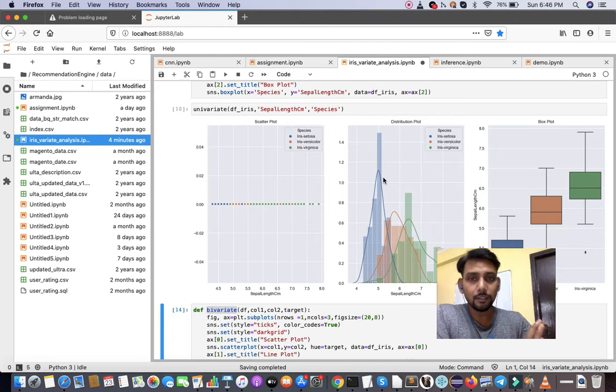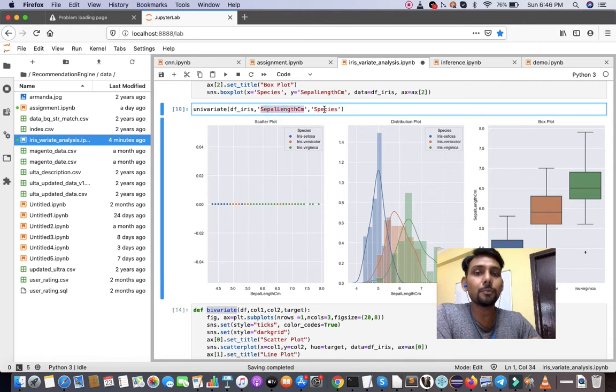In this example, based on the sepal length we are trying to predict the species. So we are just observing whether it is possible that based only on the sepal length we can predict the species of the iris. How will we analyze using these very simple graphs?